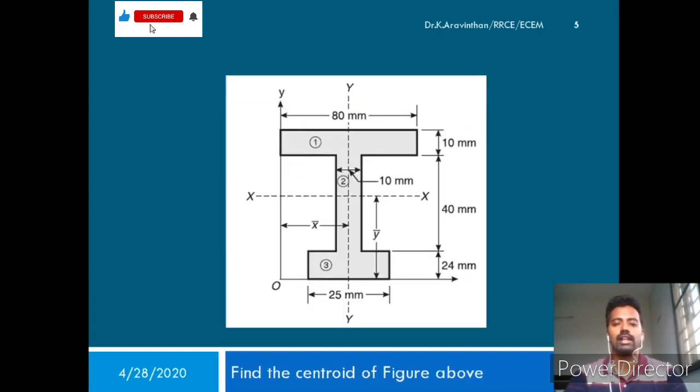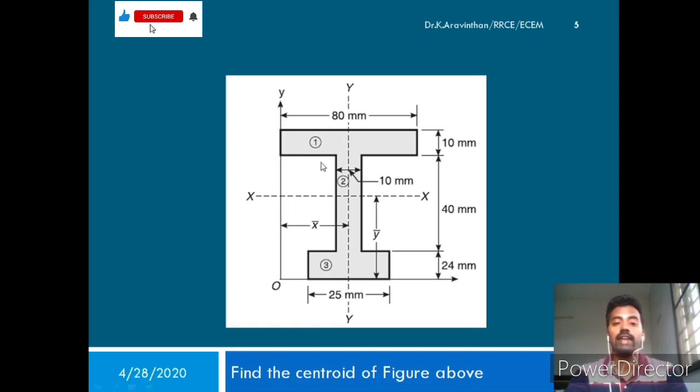So let us discuss another problem. Here you have an I section, and you can see that this I section is symmetrical about the y axis. If you cut along the y axis through the centroid, at the left and right hand side of the object you can see a similar shape. And if you cut the object in the x direction, the image is not similar. So this is for better understanding.